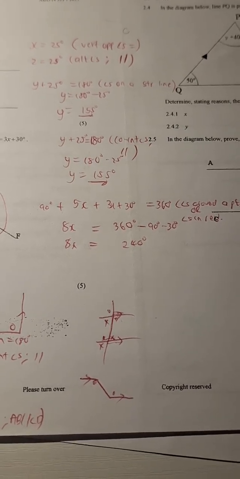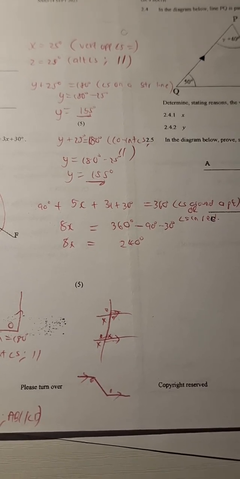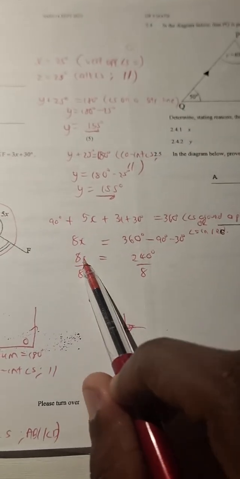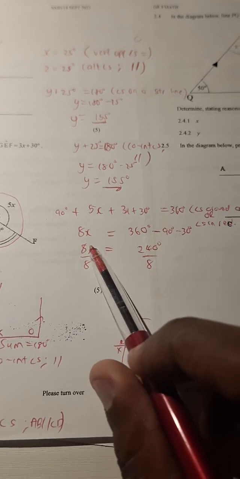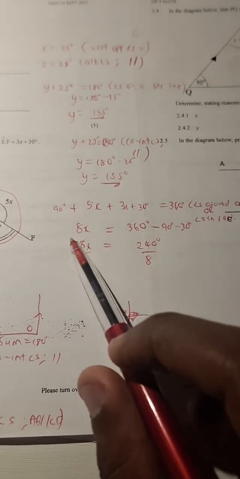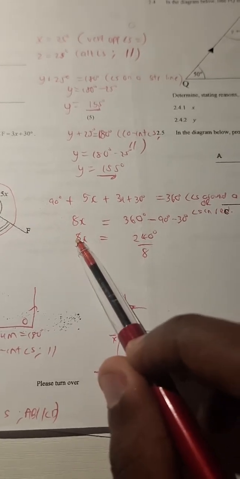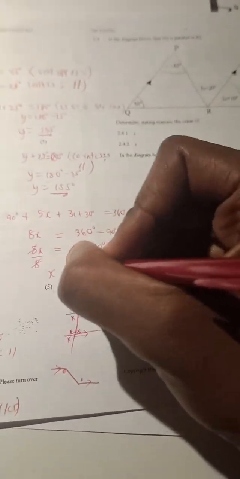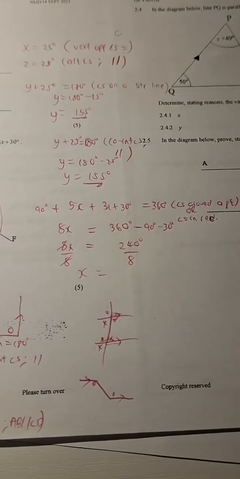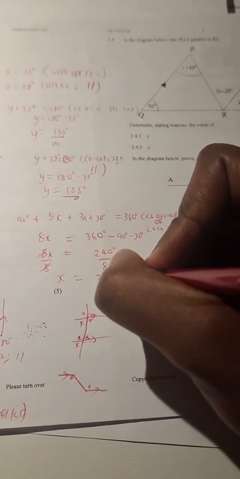Okay, 240. Yeah, it can't be 140, Camille. Be very, very careful. Then we divide both sides by the coefficient of x. X is multiplied by 8, so we divide by 8. We use the multiplicative inverse of the multiplication. Since 8 is multiplied to x, we divide by 8 to get rid of it. Then we are left with x is equal to 240 divided by 8, which is equal to, you said it, 30